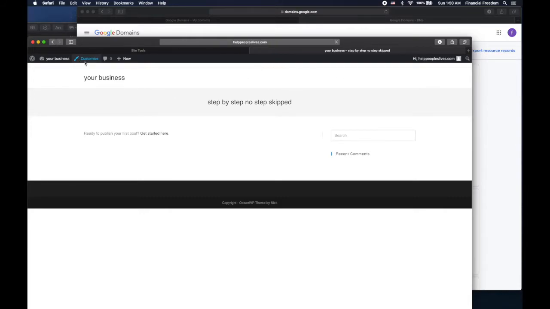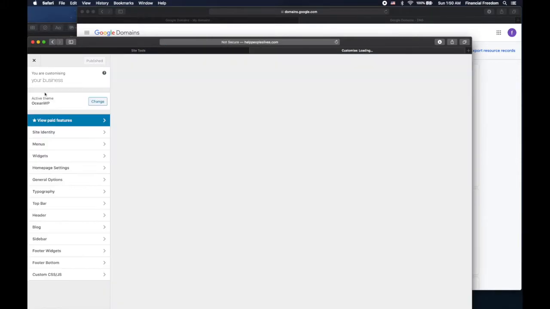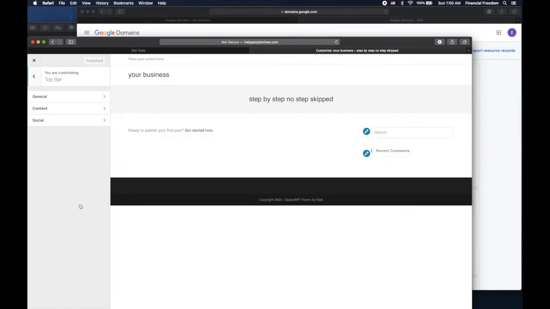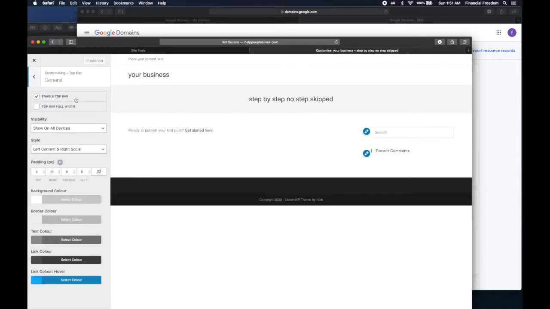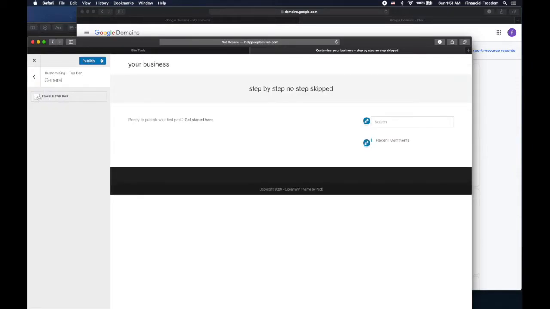So you'll hit customize. Once it loads up, you'll go to top bar, general, and we're going to go ahead and enable top bar. Once that's done, we're going to do the next step. So you'll hit back